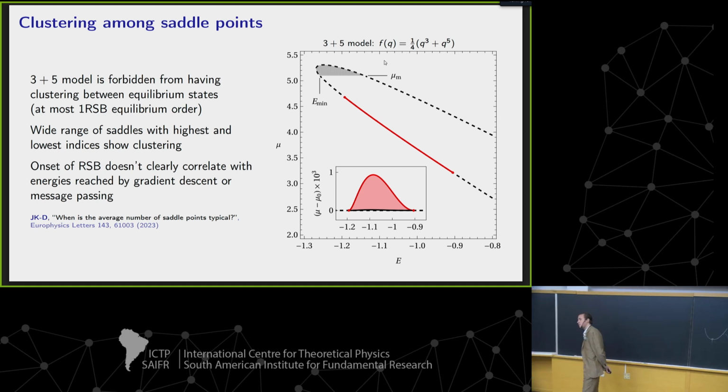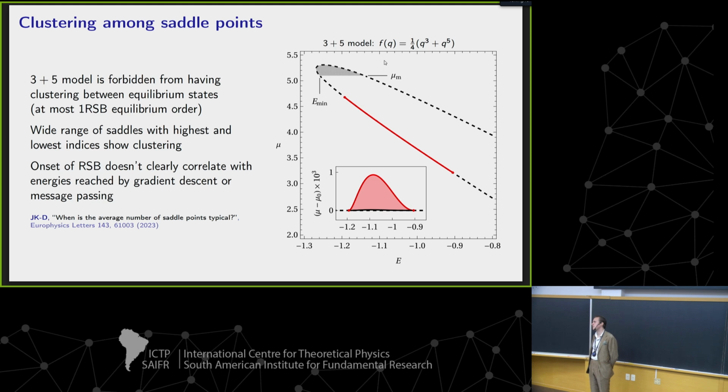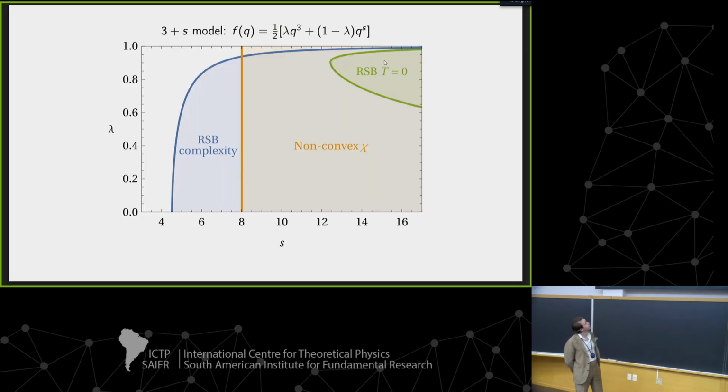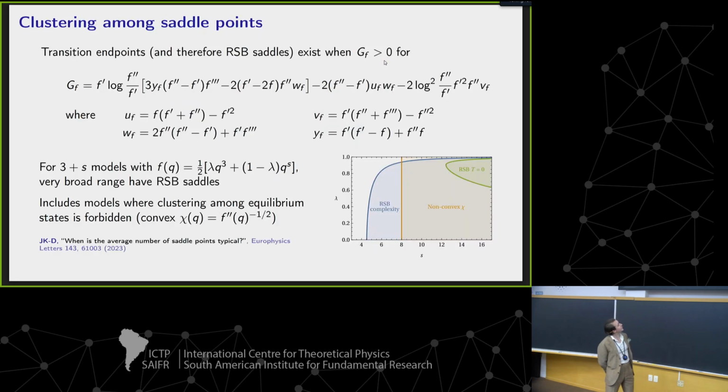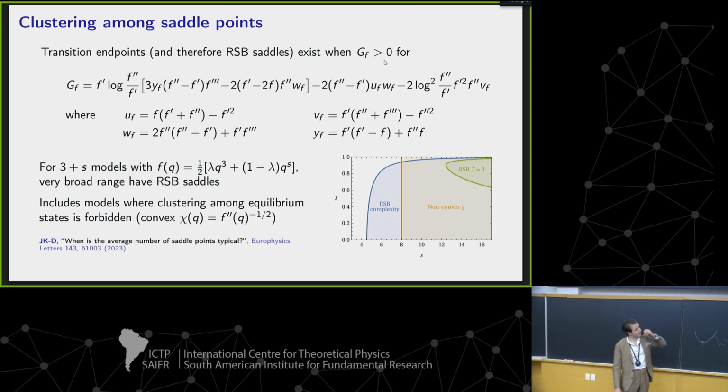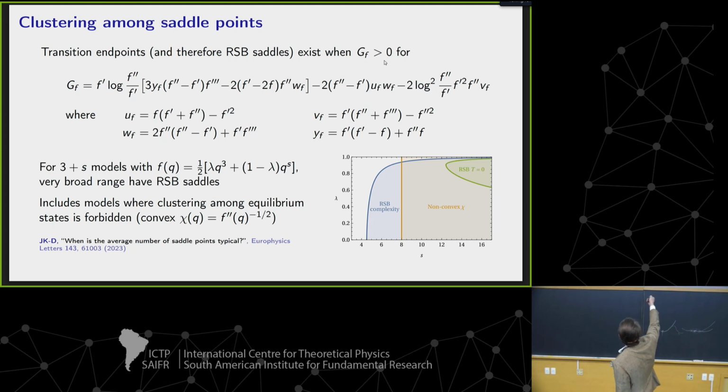Sorry, I just wanted to make sure I understood. One of your figures looked like a diagram of the various phases of the model. You had some lambda on one axis. Yes. Could you just summarize a little bit? If I'm doing some measurements, what do I find in the different phases that distinguishes the physics in this plot? So lambda, I understand. S, what was S again? S is, so the model is a sum of a cubic term and an S-ic term. Good, good. Could you summarize in this figure just what the physics is in the different regions?